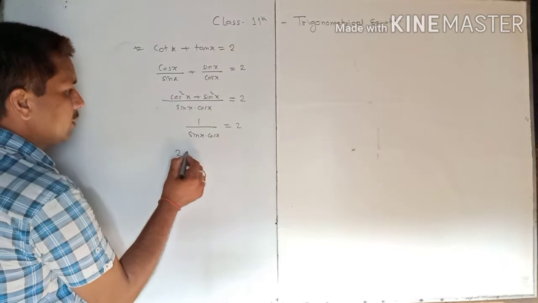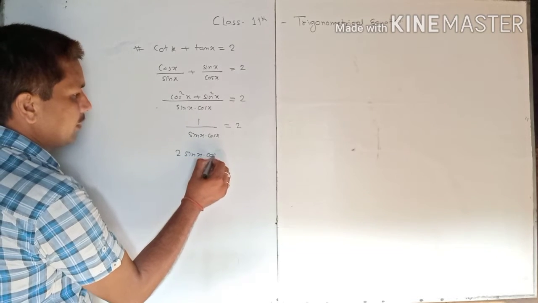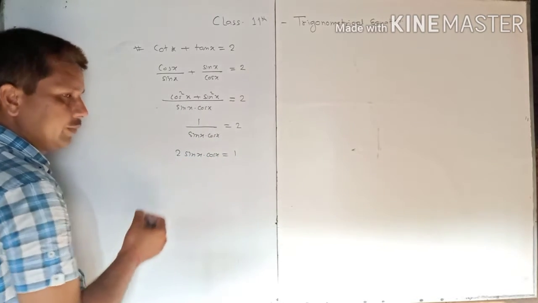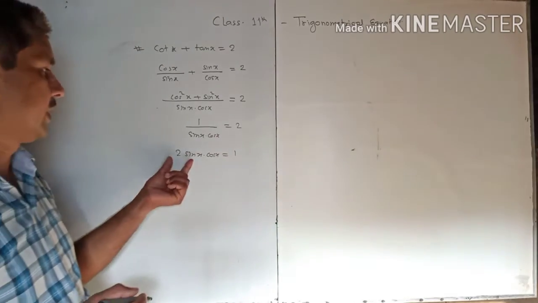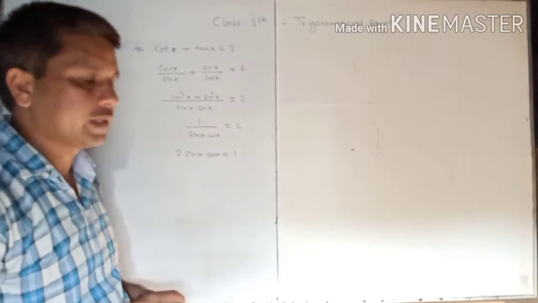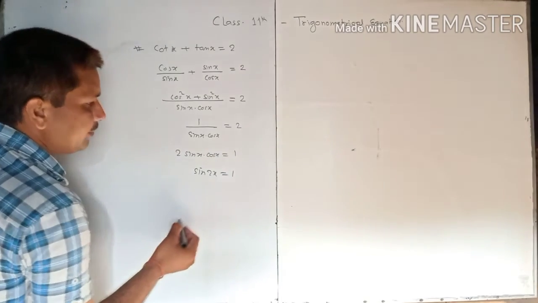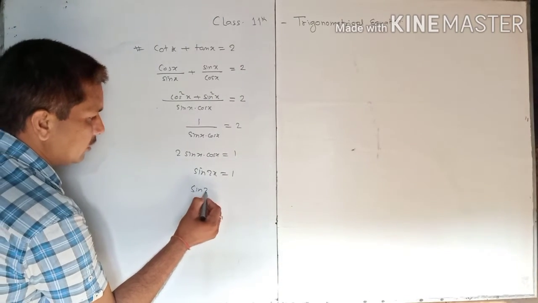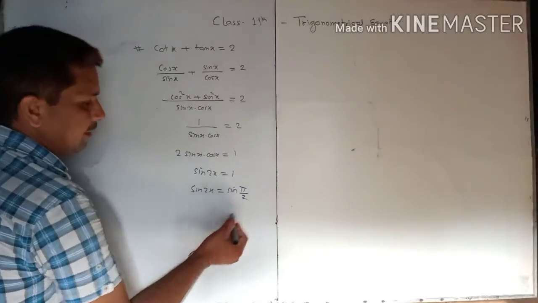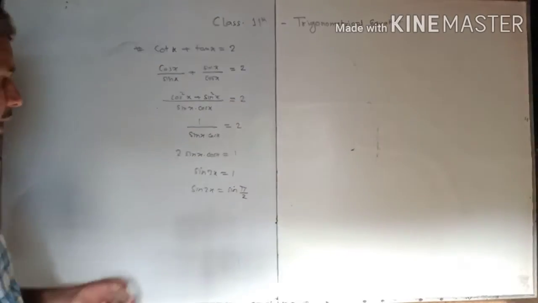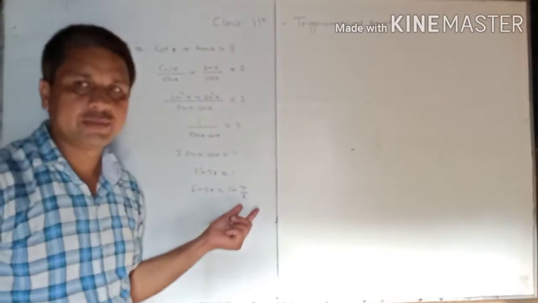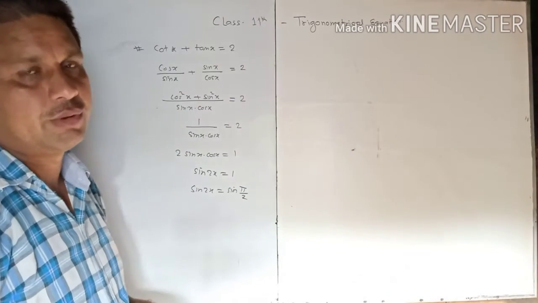Cross multiply: 2 sin x into cos x is equal to 1. You know 2 sin x into cos x is equal to sin 2x. So sin 2x is equal to 1. Sin 2x is equal to sin pi by 2. So here, in case of sin x is equal to sin y,